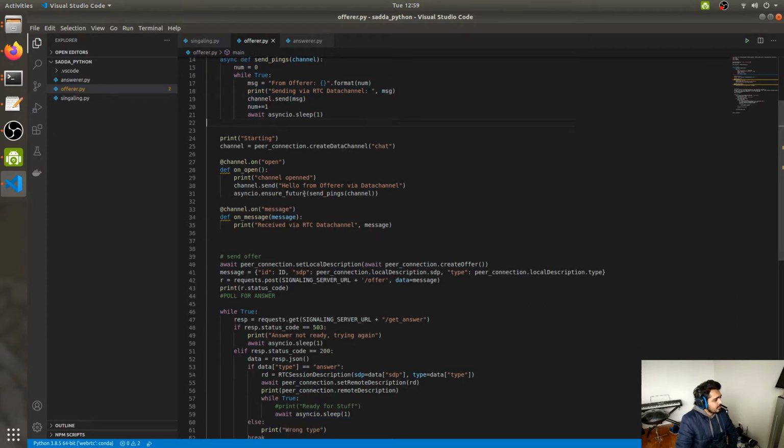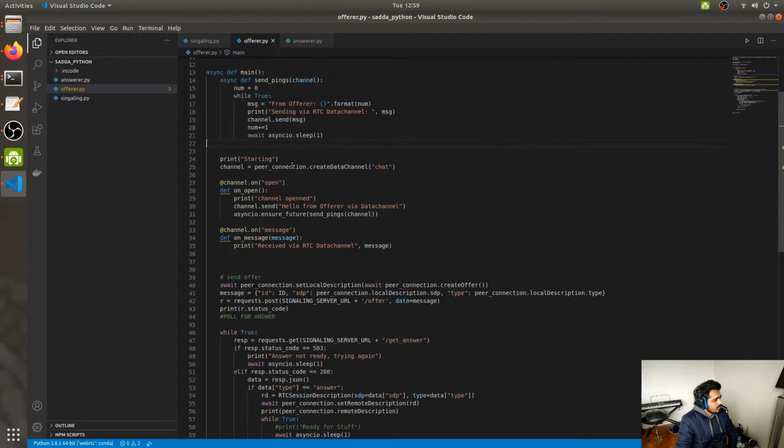Anyways, so the imported bit is this one here. Now, when this function runs, the first thing it's going to do is create a new channel, and it's going to call that channel chat, and it's going to be a data channel. Okay, so there are three options. It can do